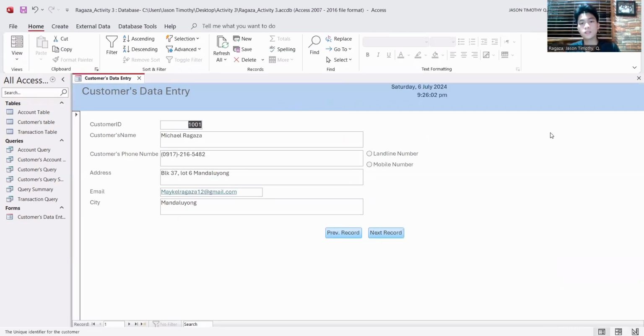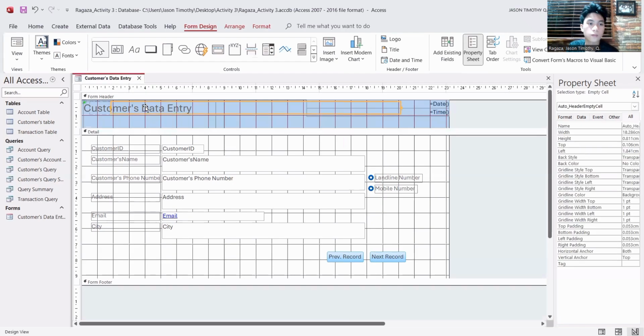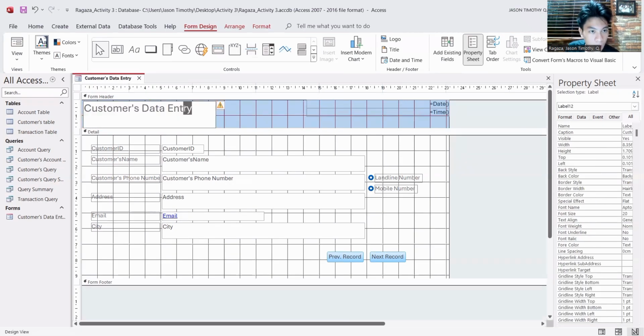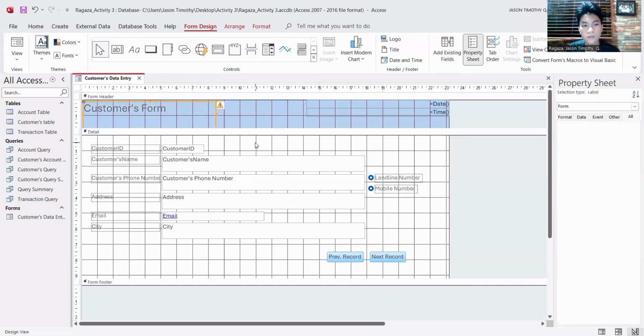So over here we can see the customized customers data entry, but we can rename the customers data entry as well for the section as customers form. You can do that as well.